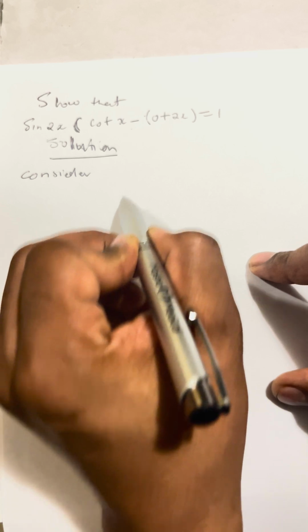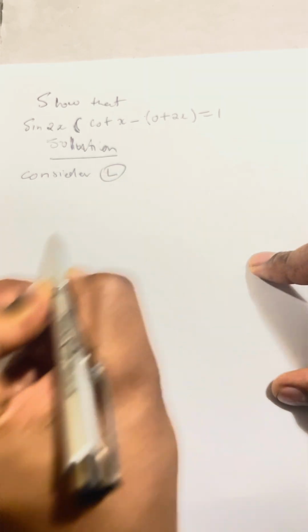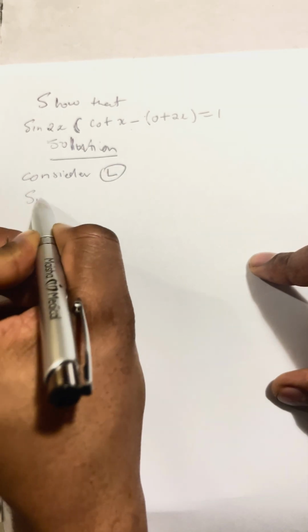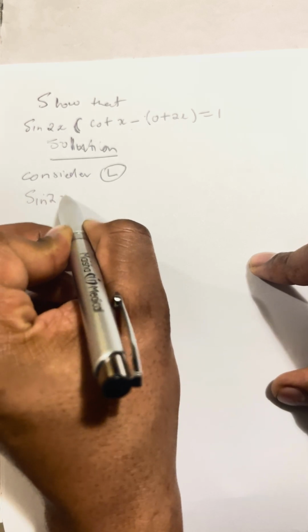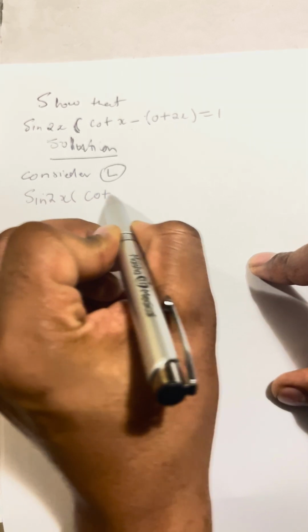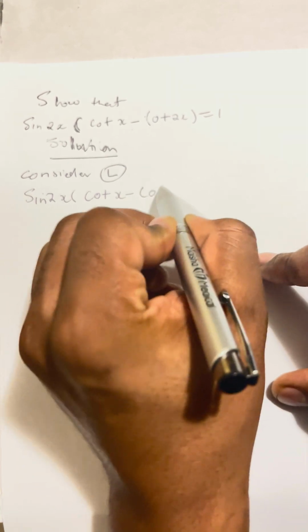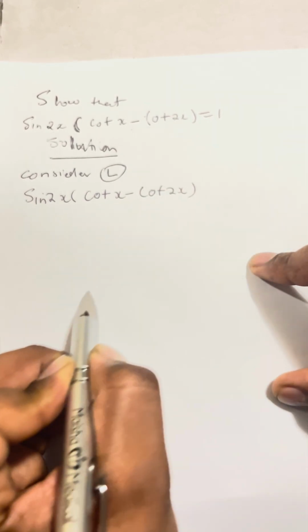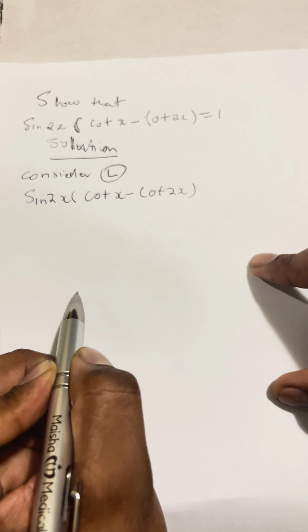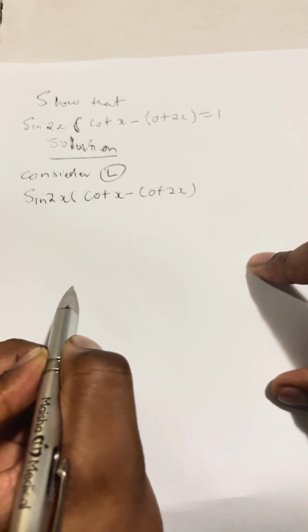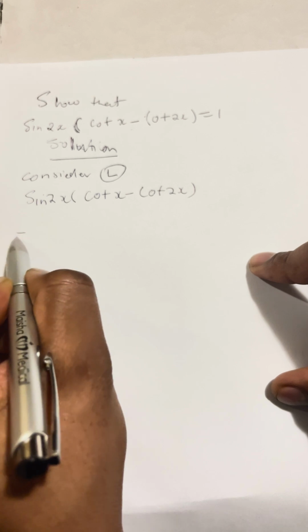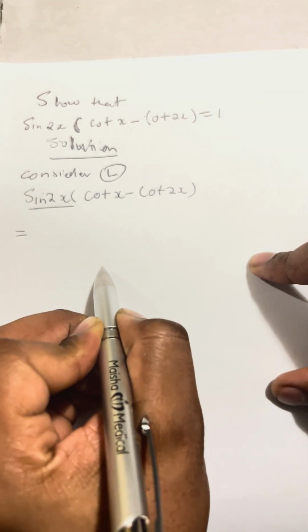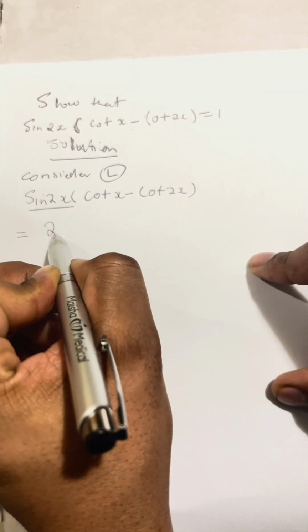Now, consider the left-hand side, which says sine 2x (cot x minus cot 2x). All right. Now, in this instance, we're going to say 2